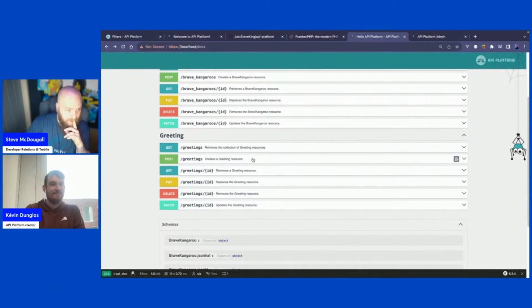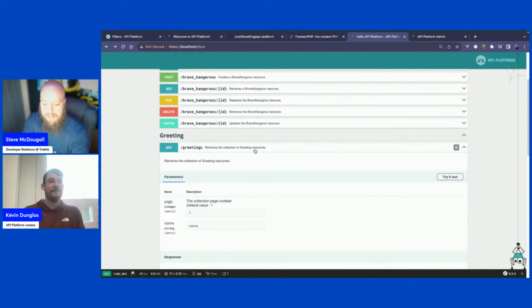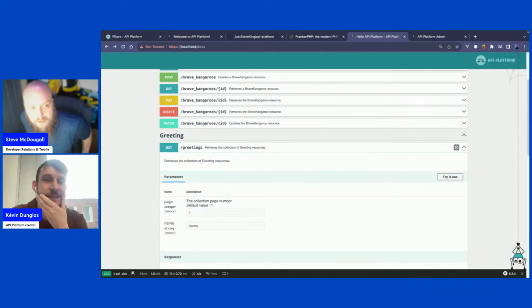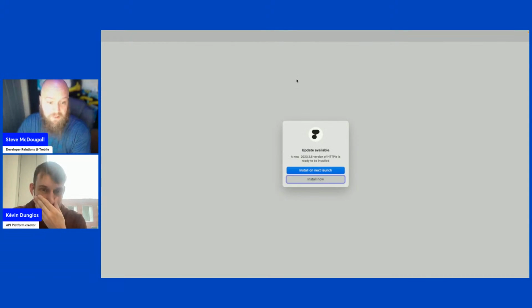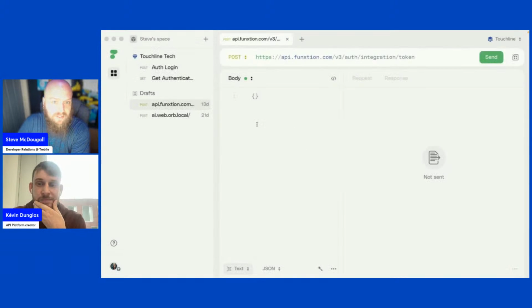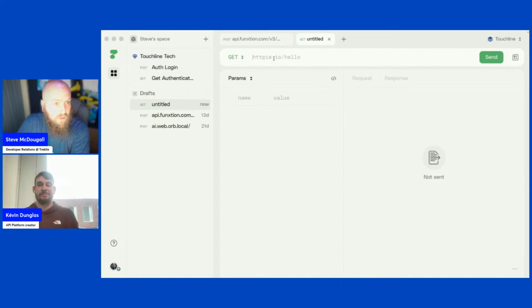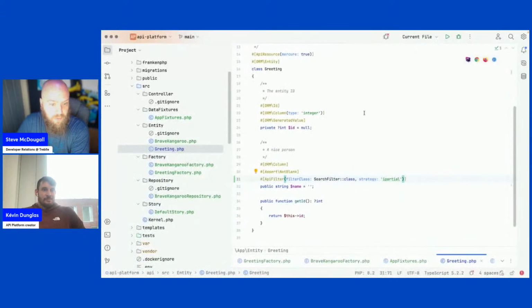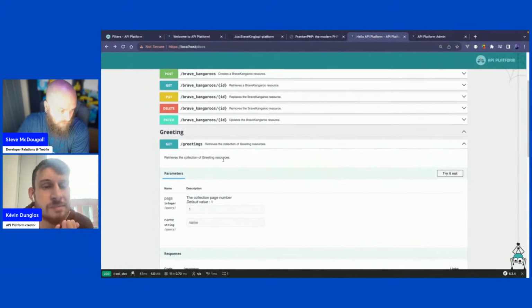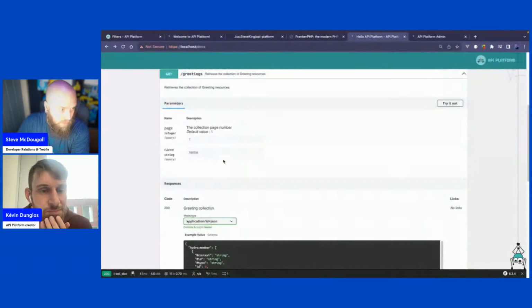Nice. Okay, so let's have a quick example, and let's do it outside of here. So let's go to HTTP, for example, install that on the next launch. We're just going to create a new request here. So we are going to go to what will be this one.